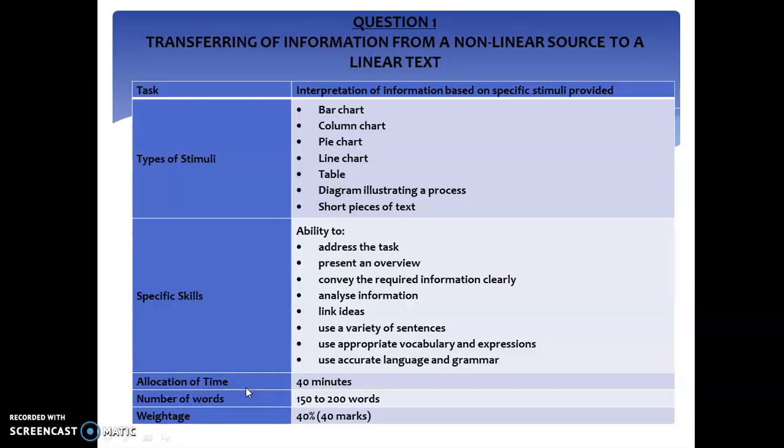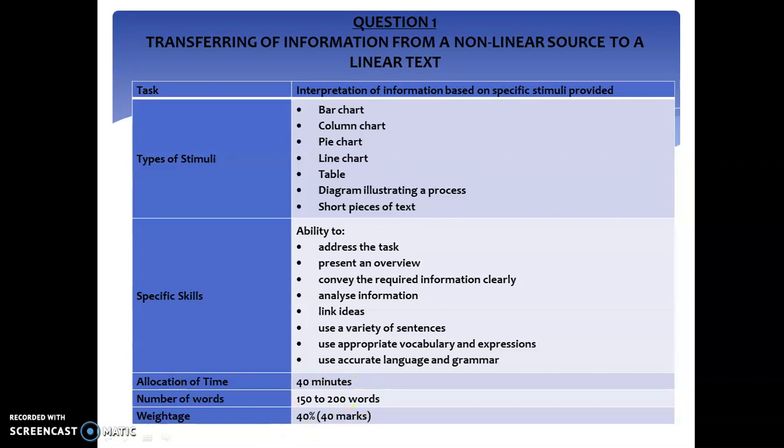Let's start. Question 1 is the transferring of information from a non-linear source to a linear text. The types of stimuli given may range from bar chart to short pieces of text. Your ability to address the task, present an overview, convey the required information clearly, analyze and synthesize the information, construct a variety of sentences using appropriate vocabulary and expressions, and use correct language and